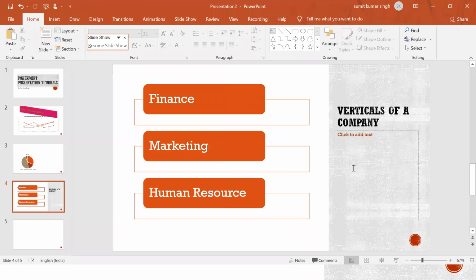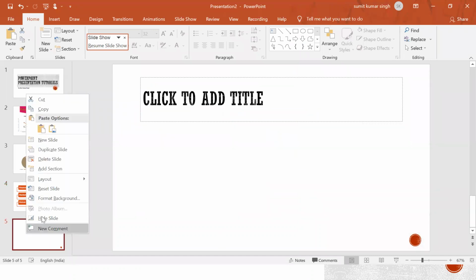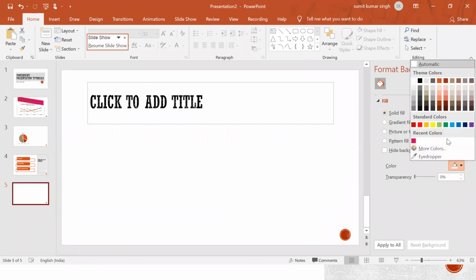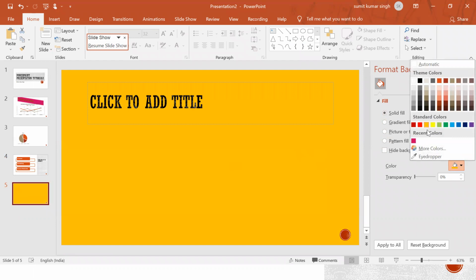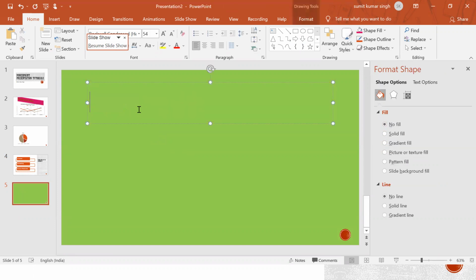You can format your background. You can always format your background. You can do right click, format background, and you can change. You can put some solid fill. If I want to change, so I want to put some color, I can change this. I can put some color. You can see this. You can format background, whatever background, how you want your background, you can put that. So revision concepts. So you can change your background like this.